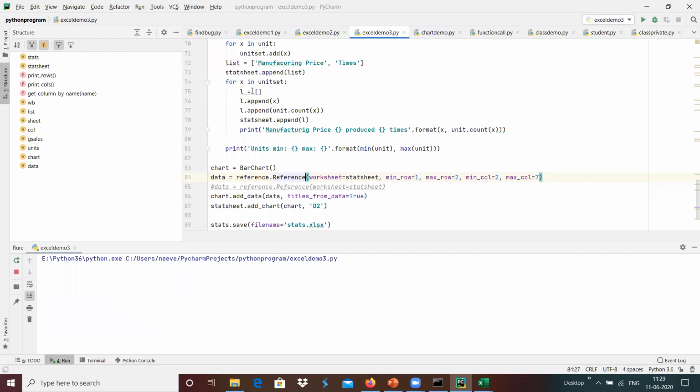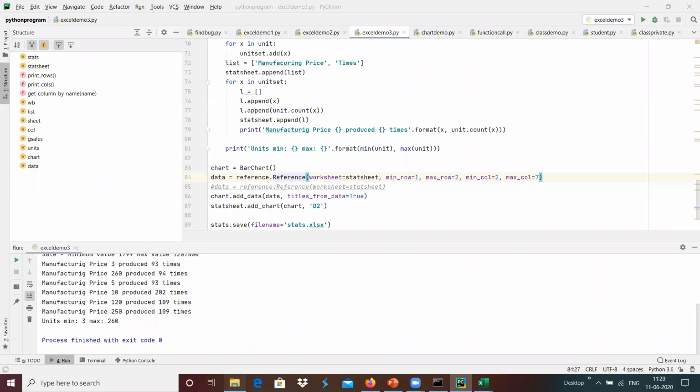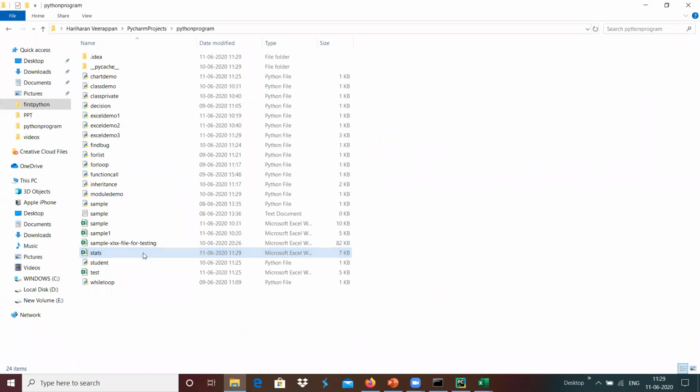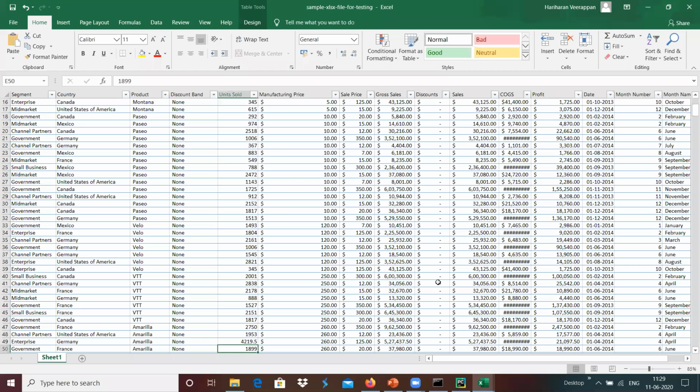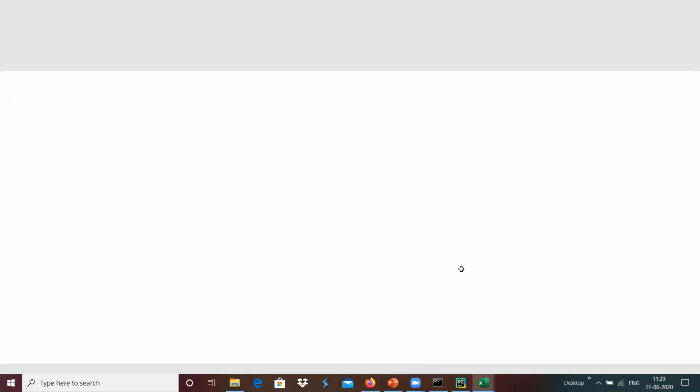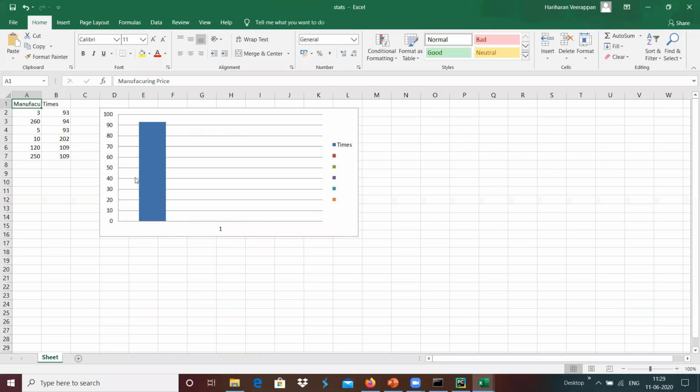Basically, it provides one chart, and we can provide some kind of updates with the help of this many. Yeah, this is something like 93 times it got created, and we have different colors, but it was not shown properly.